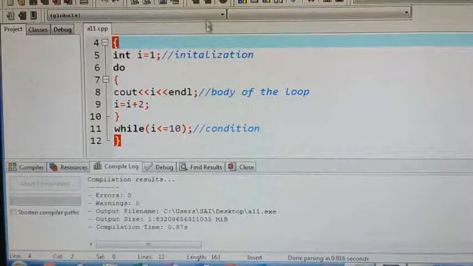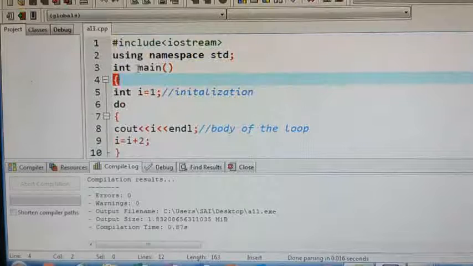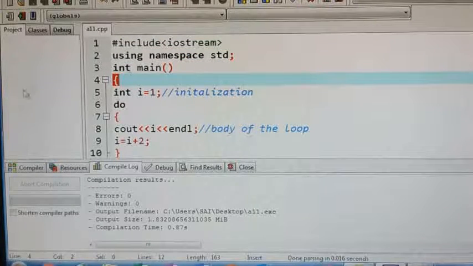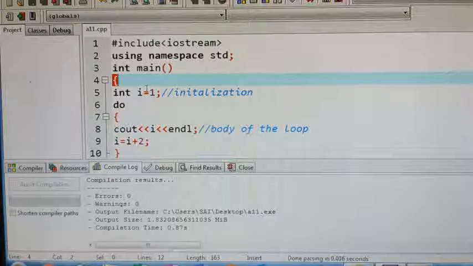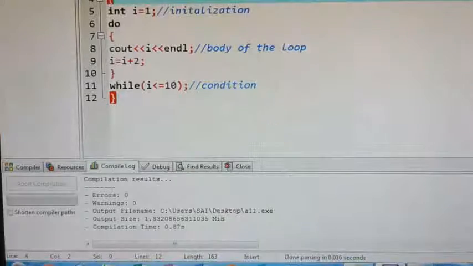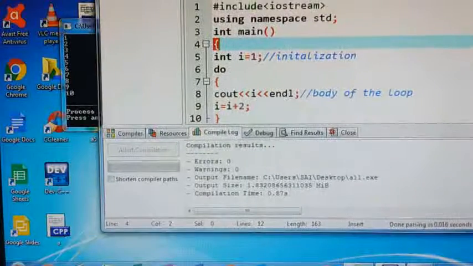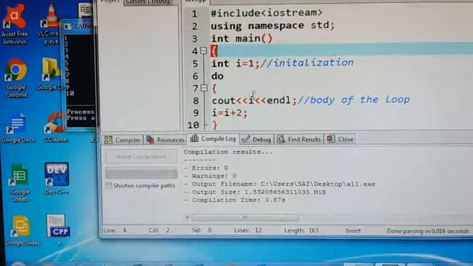Okay, now we will discuss jumping statements. There are break, continue, and goto statements we discussed, no? That we'll do now. See the example. In this example program only, I will explain the break statement.